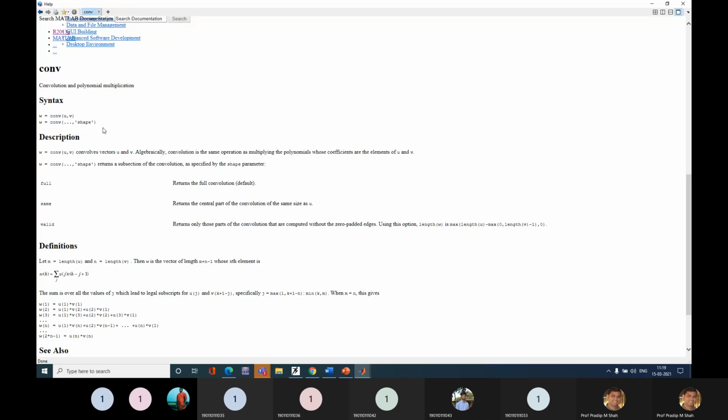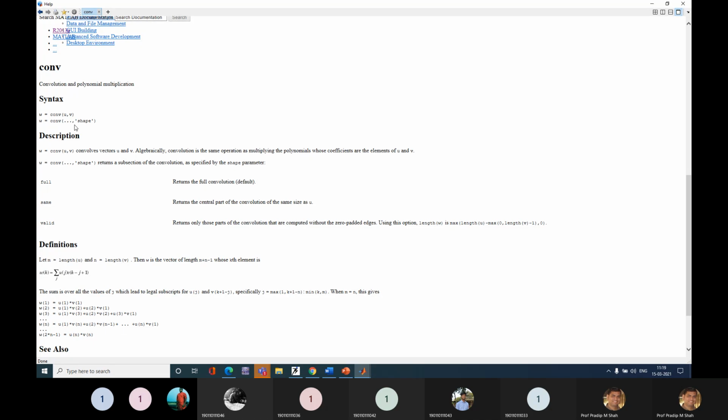So convolution is the operation. You can see the syntax of this convolution: you simply use conv in round brackets, u comma v, meaning w equals conv(u, v).